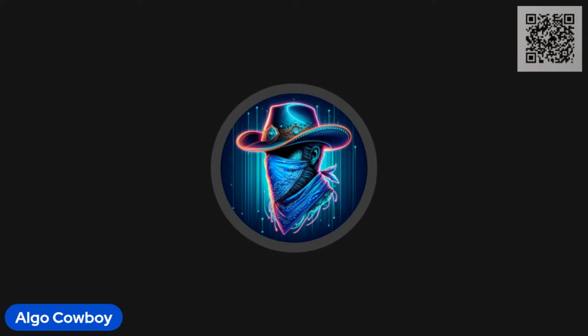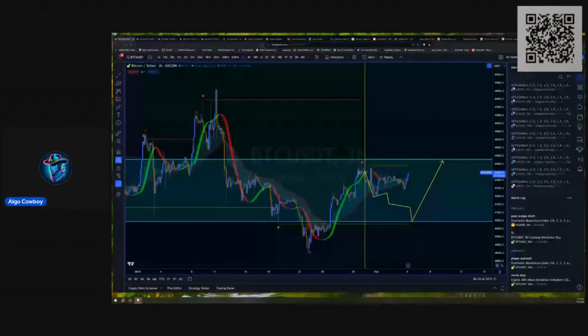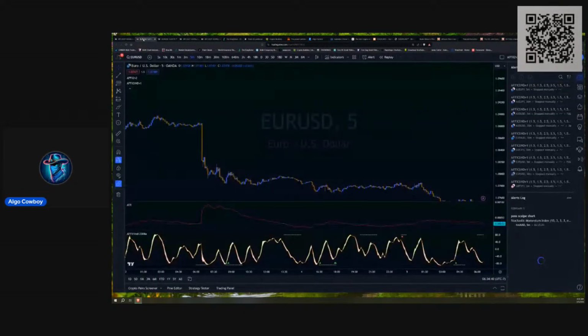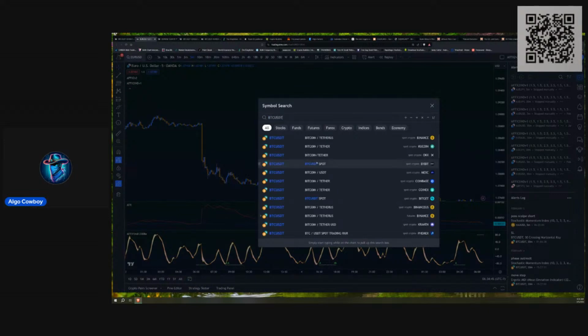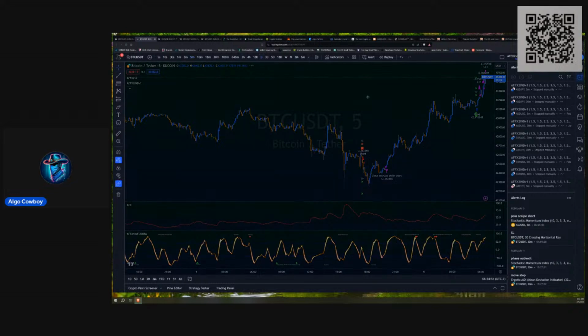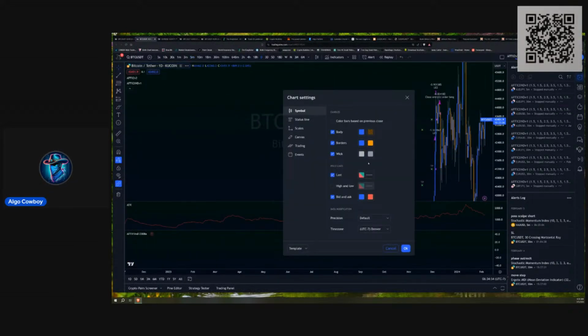Let me go ahead and share the screen. I think the first thing before we get into the charts is going to be taking a look at what's going to happen this week. So let me zoom in on the chart. Okay. Testing some new indicators here. So, don't worry about all the gobbledygook on the screen. We'll find a way to clean that up for you here. Maybe we look over here. All right, that's much better. BTC USD. And we'll jump over to the daily chart. And we'll just take a look at some price action here.